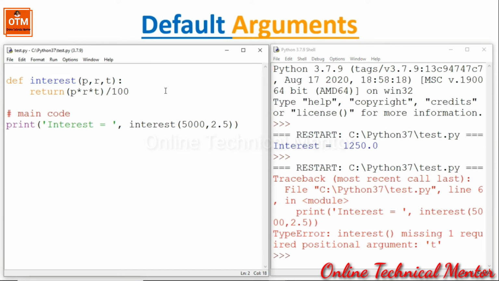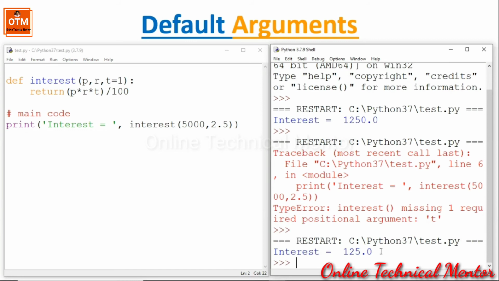Now if I write T equal to 1, that means it is a default value for T. If I do not mention any time during the function call, it will assume T equal to 1. This default value will be maintained from right to left. We cannot assign a default value for R until and unless there is a default value for T. We cannot assign a default value for P until and unless R and T have some default value. Now if I run the program, it will calculate the interest with principal 5000, rate 2.5 and time T